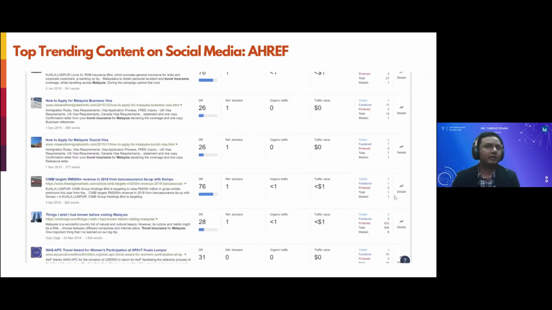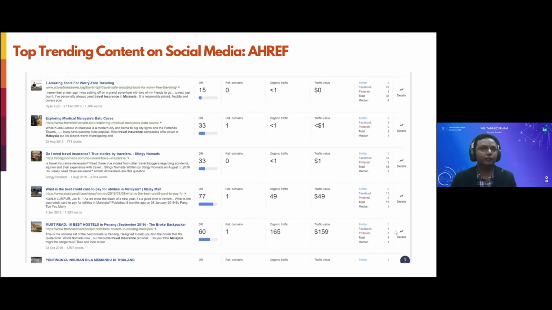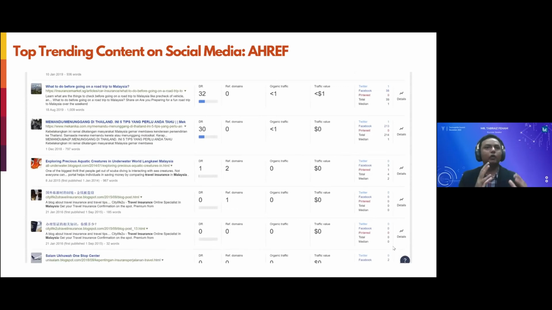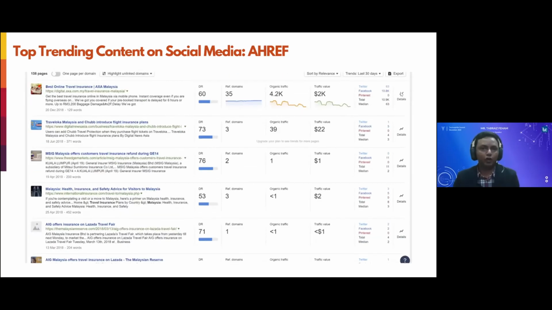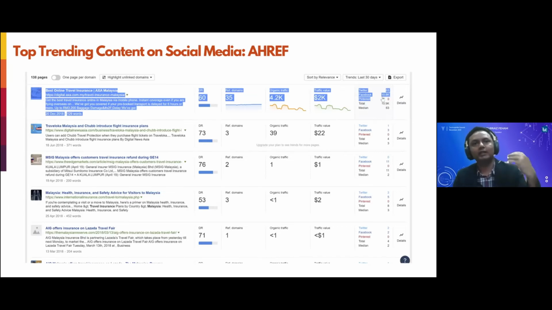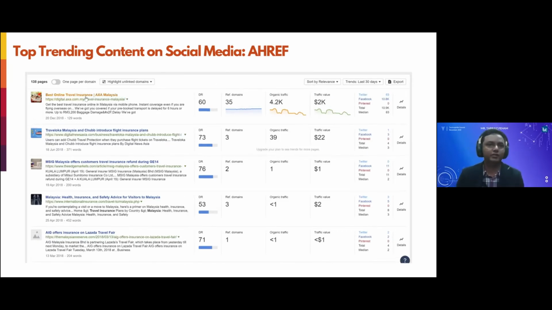So, this is again a part of product development and product marketing strategy, that you would like to be on top in terms of whatever your domain is. You would always like to be ranking on top so that you can get the traffic from there. So this tool allows you to do that. You can understand what topics those are, and you can build your content development strategy around that.